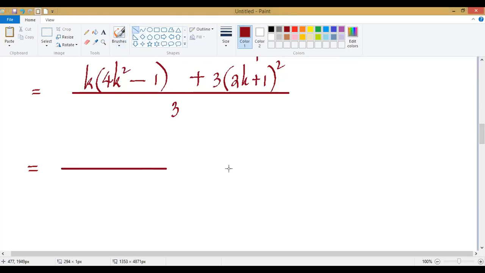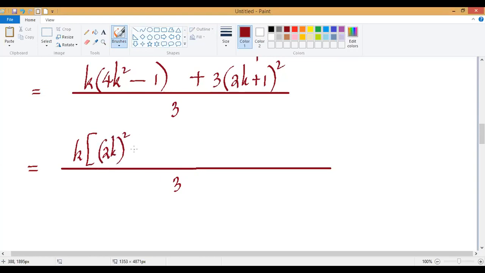When you try to simplify, there is no common factor there. So you have no choice except looking at it as 4k squared... someone should see this: k into 2k all squared minus 1 squared plus 3 into 2k plus 1,